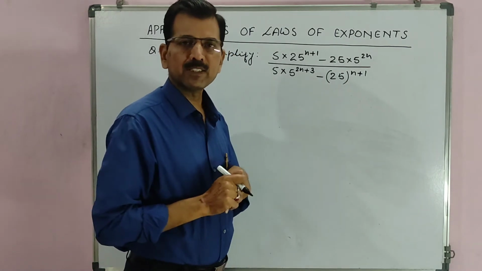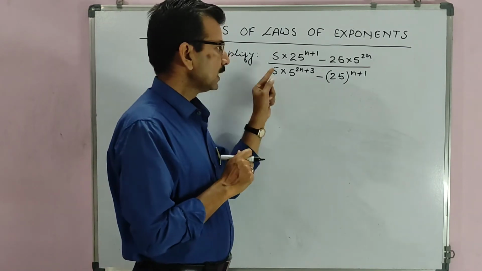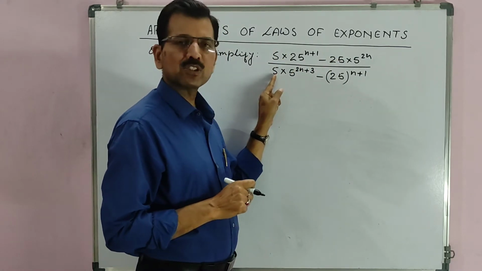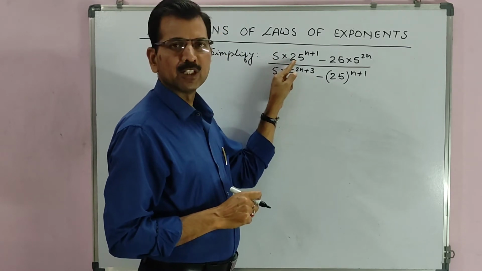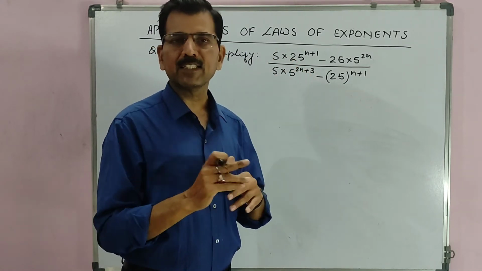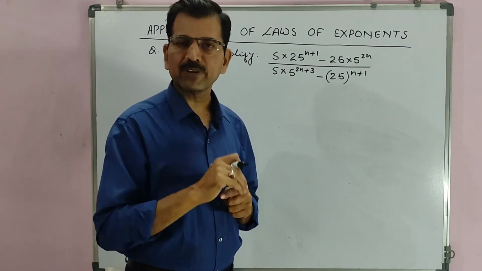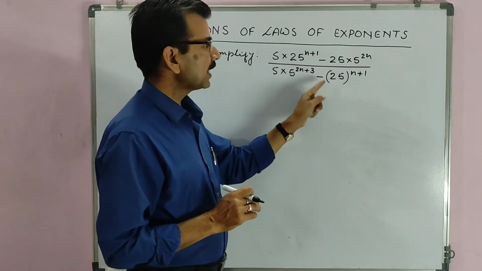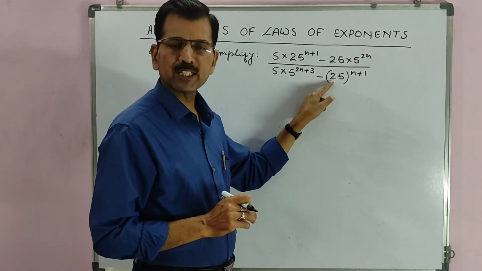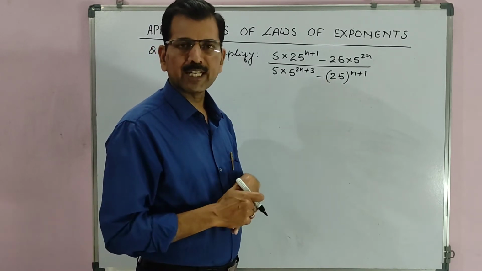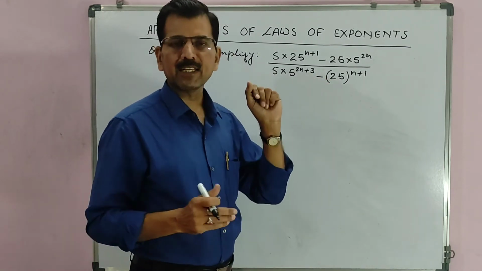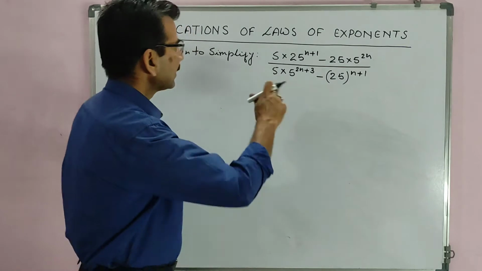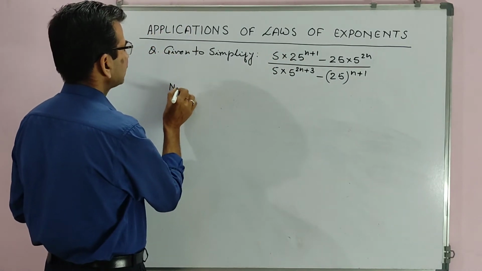The second thing we have to remember, as I told in the previous question, is to get the common base. What we observe here in the question is 5 and 25. So 25, what can we do? Yes, correct. 25 we can also write as a power of 5. We know that it is 5 square. Similarly, the denominator also we can work out with that. We can take help of that, and then by applying the laws of exponent we can proceed. Now let us solve.